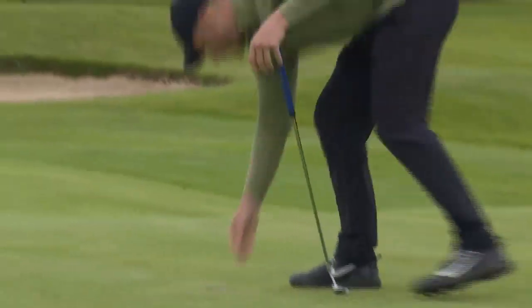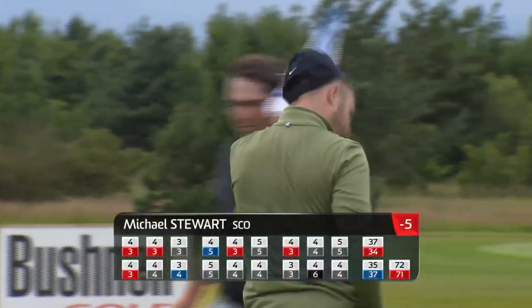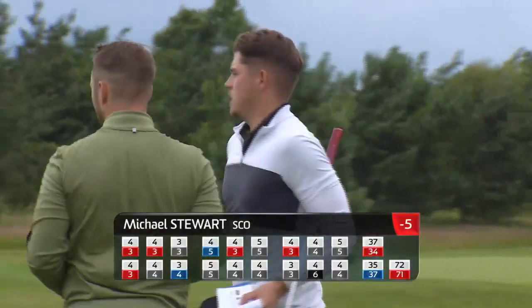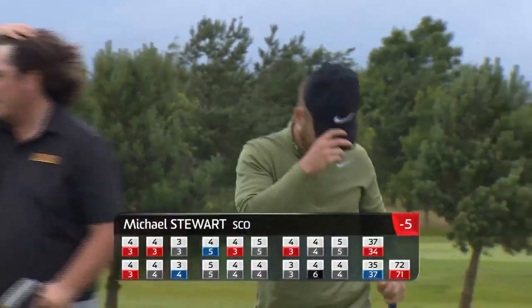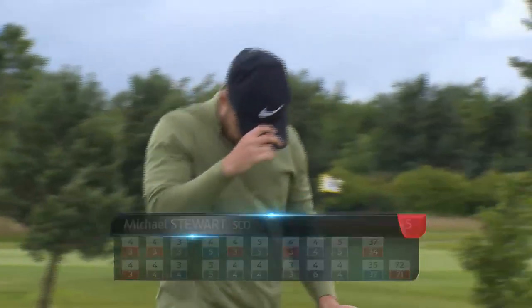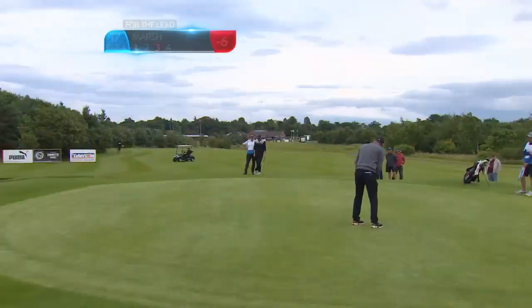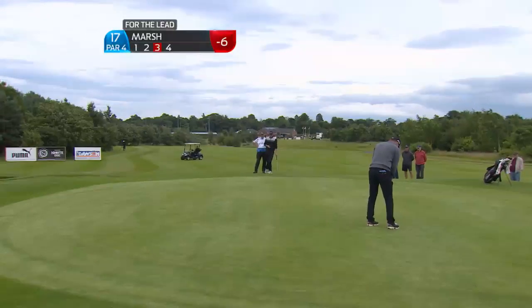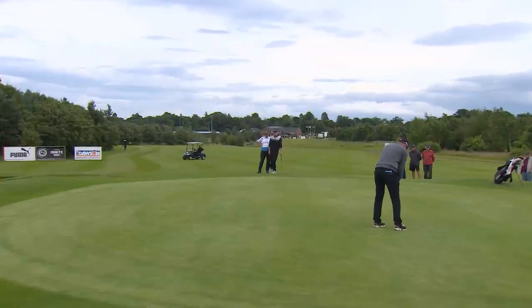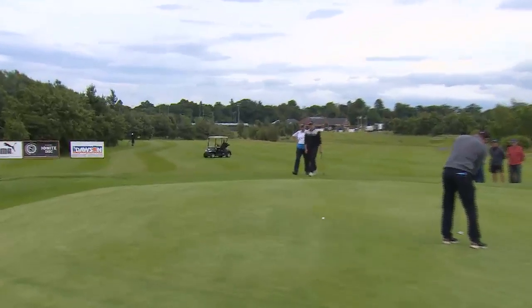is it one of those what could have been? Got off to a hot start, as you can see, birdie in the first. And that double bogey there at 17, just so costly. That's a 1 under par round of golf on the final day, finishing up 5 under, but I'm sure he's going to be ruing his late mistakes. Yeah, it all seemed to be so much better than that until the 17th tripped him up. On said 17,